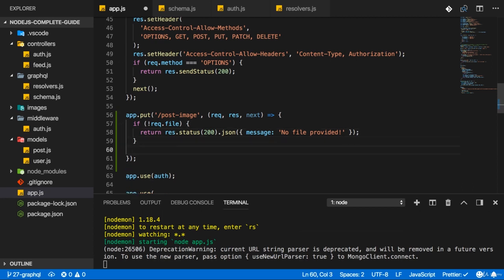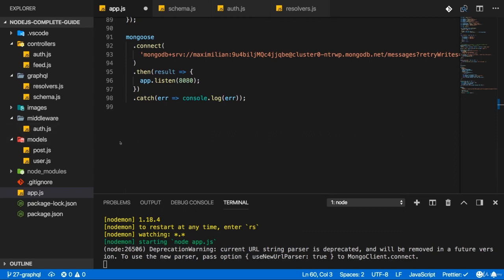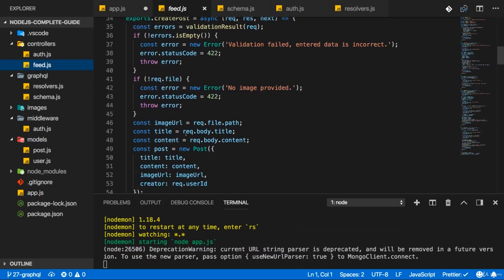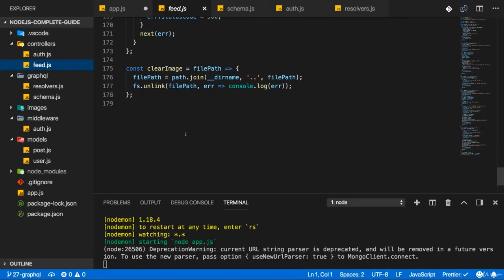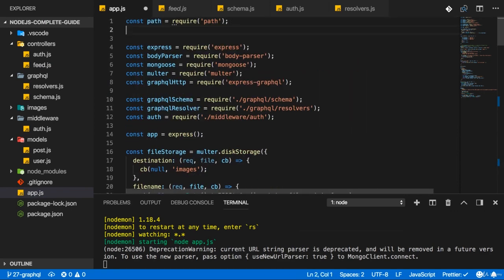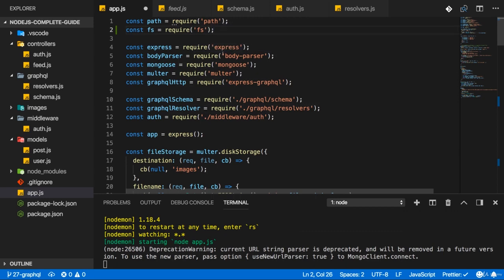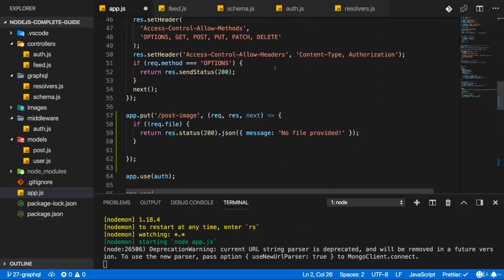If we do have a request file, we can get some data from it though. And of course, we want to clear an existing image if there is one. For that, I'll create a new function here, or actually I have that function in the feed.js controller already. I can copy that from there. The clearImage function at the bottom of the feed.js file. I'll move that into app.js. This depends on the fs package and on the path package, the path module. Path is already imported. Now I'll also import fs here. And now with that all imported,